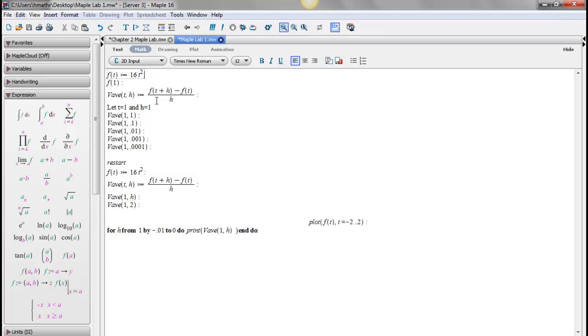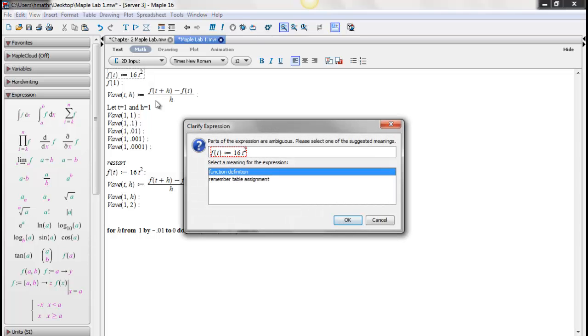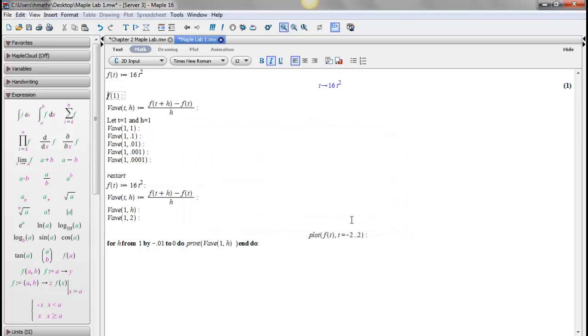At this stage, if I remove the colon and click enter, Maple will ask you to clarify that this is a function. So you say function definition, meaning you're defining a function. Click OK, and notice that t is being mapped to 16t squared, which is our function in the slide for